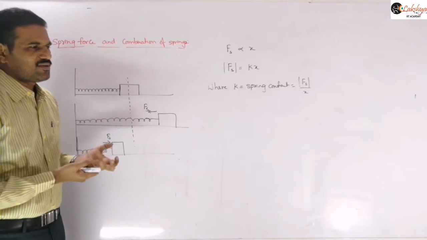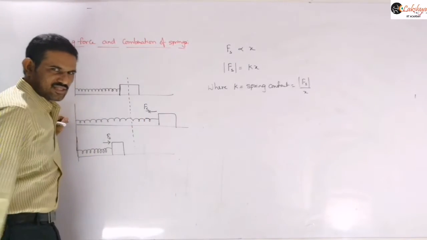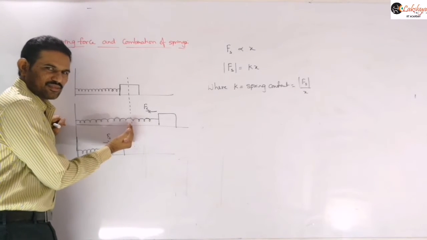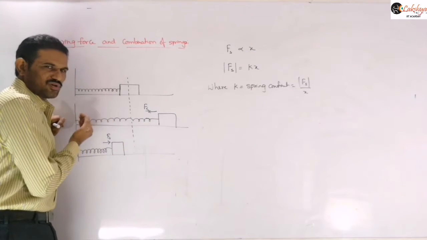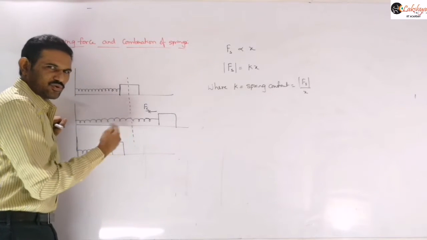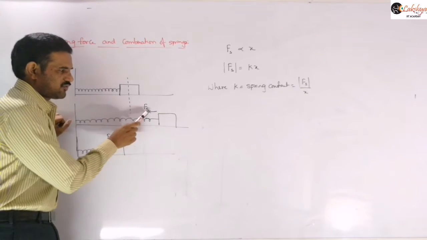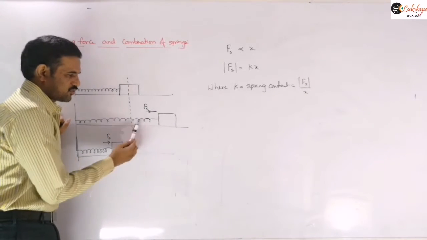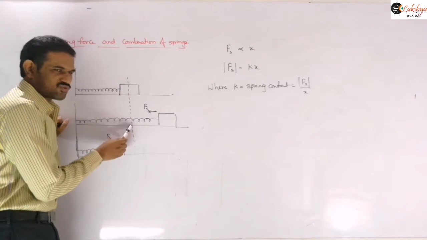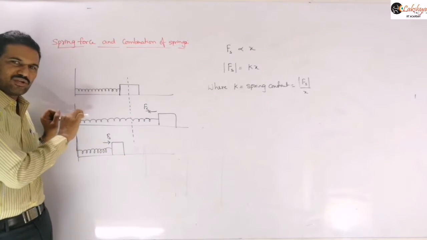Just by inertia, what will happen is, if you pull the object from here and release it, it reaches this position and there it won't come to rest, right? By inertia it continues to move. When it is coming from here to here, the velocity of the body goes on increasing. If you consider a smooth surface, the only force is the spring force, so the velocity keeps increasing until it reaches this point. The velocity will be maximum when it reaches the natural length, and as the velocity is there, the body continues to move along this direction.